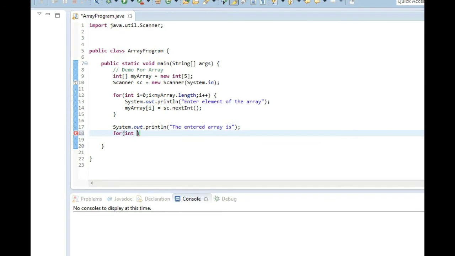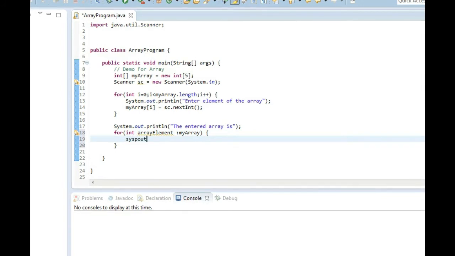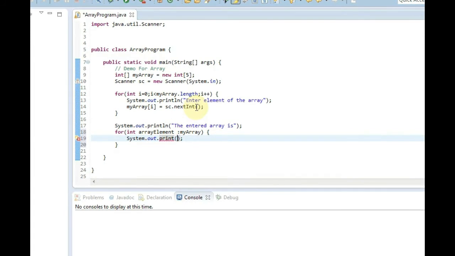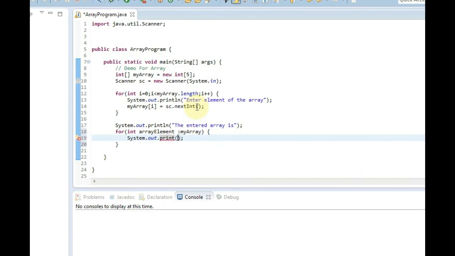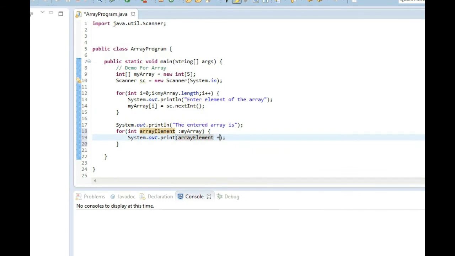Let's use an enhanced for loop, array element, and since we are taking from myArray, we'll simply print. Now instead of println we'll use print because we don't want to break the line after each array element. So let's print the array element directly, and after each array element we are going to give a space.